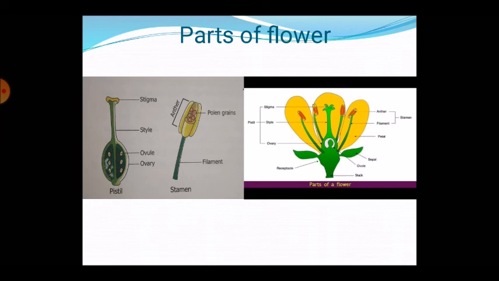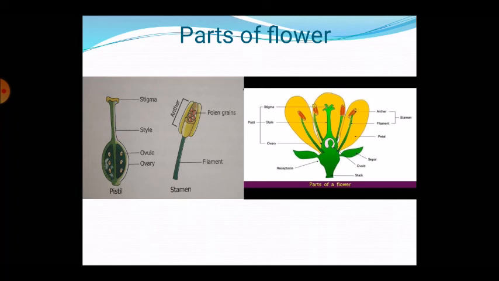Next, stamen. A long slender stalk with a small knob-like structure on the top is called the stamen. It is the male part of the flower. The slender stalk of the stamen is known as the filament, and the knob-like structure on the top is called the anther. The anther contains pollen grains.